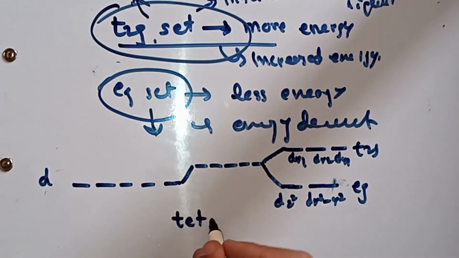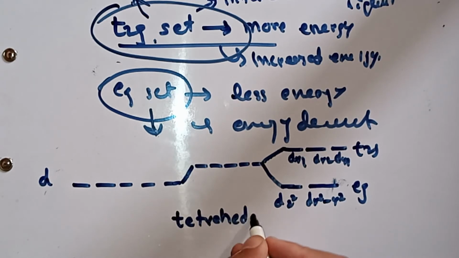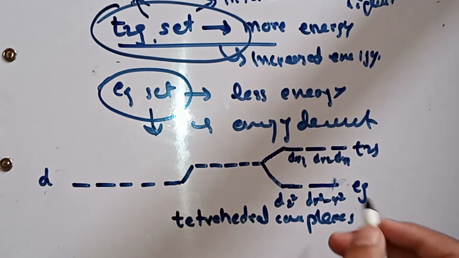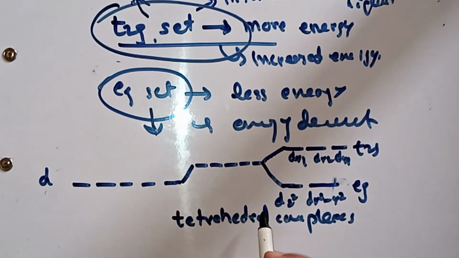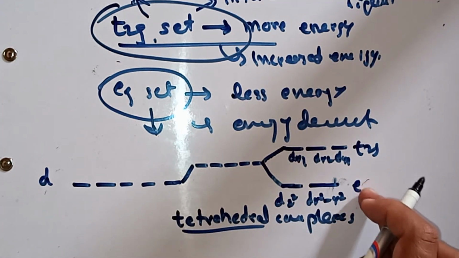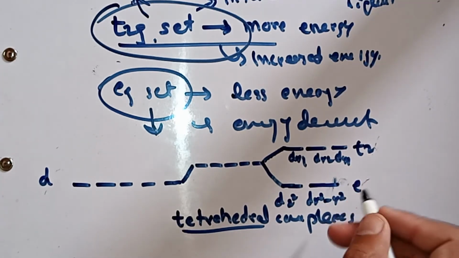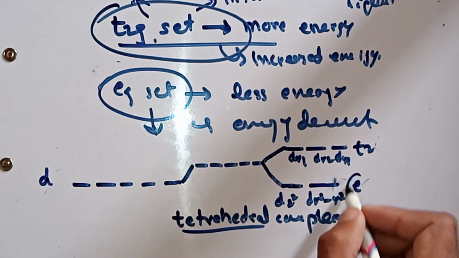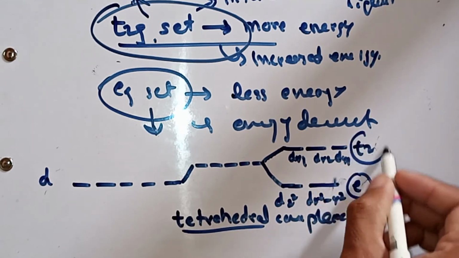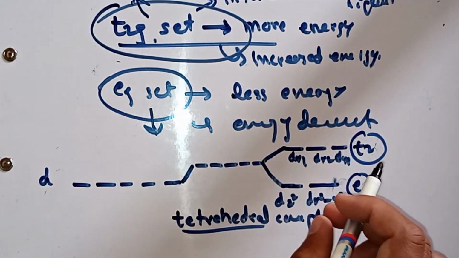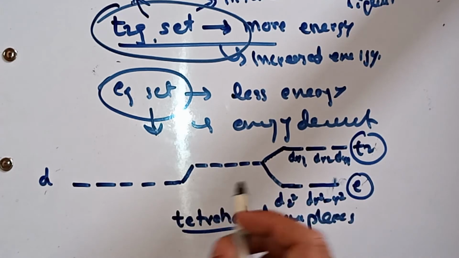This is the distortion in a tetrahedral complex. So, is that clear? Remember, in tetrahedral complexes the g subscript is not used. The eg orbitals will be called the e set, while the T2g orbitals will be called the T2 set. The reason behind this is that the g subscript is not used for splitting of d orbitals in tetrahedral complexes because